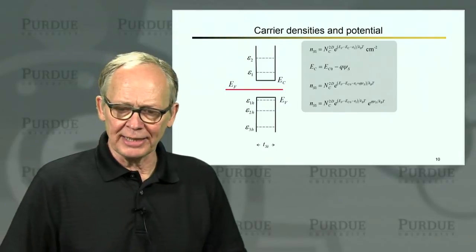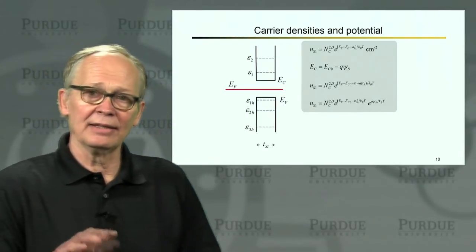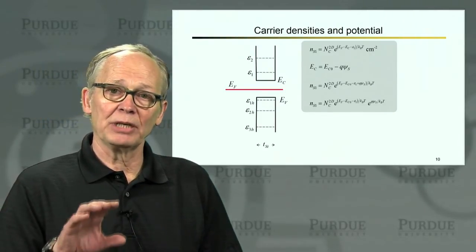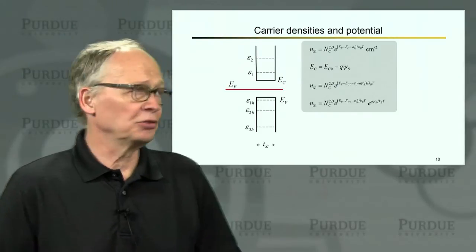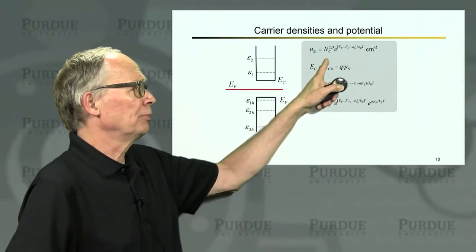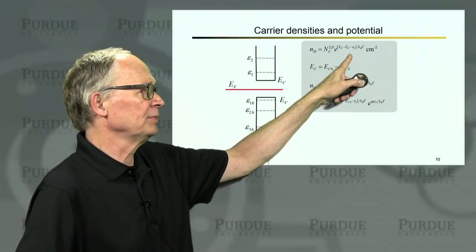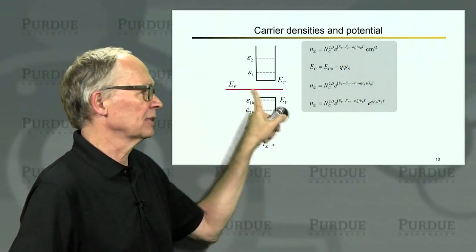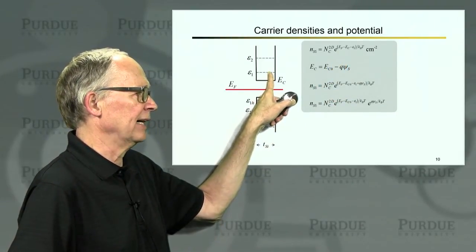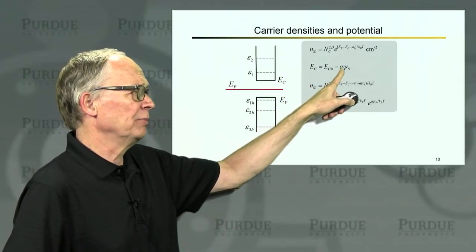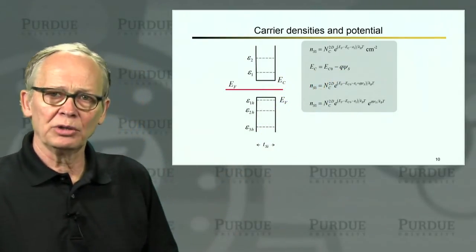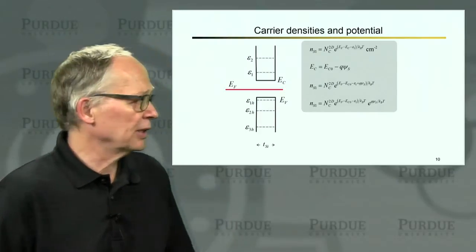So it's very much the same. Now, we can develop a relation between potential and carrier density just as we did for the bulk. This is our basic relation between Fermi level and the energy levels of the states that the electrons can reside in. The bottom of the conduction band is raised or lowered depending on the value of the surface potential.